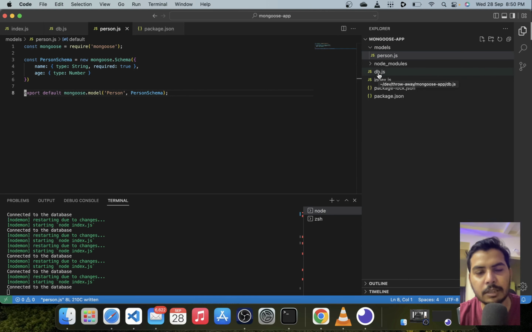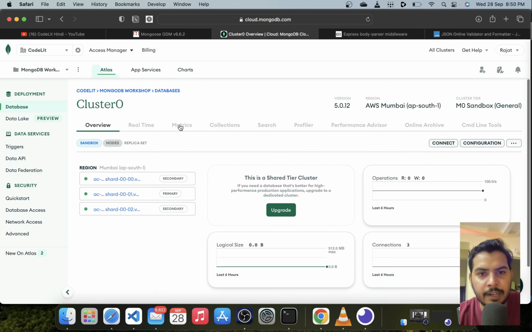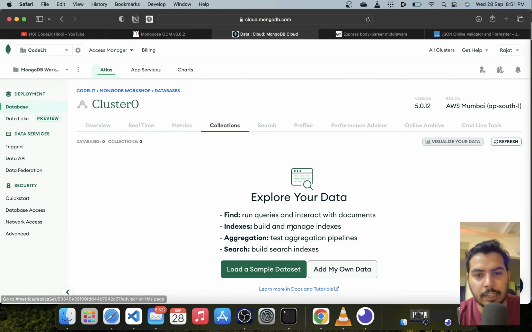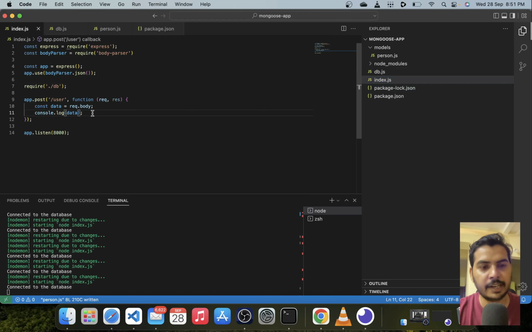Now we can use this person model in order to save some data. So let's first of all go to our cluster and see our collections. As of now we do not have any collection. Let's get back to index.js, and over here we are fetching some data from the user, and now we want to save this data to the MongoDB model called person. The data is coming inside request.body, and we have extracted that thing.